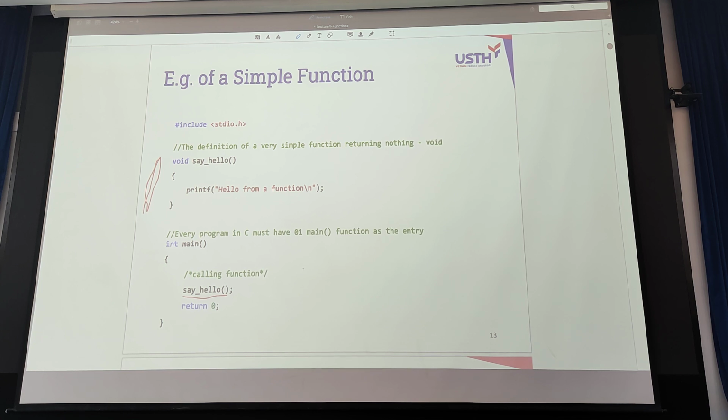Return the hello from return. Not really. The hello from function is actually the printf, what it does. What is return? It's return void. It means return nothing. Right. And what are the inputs?